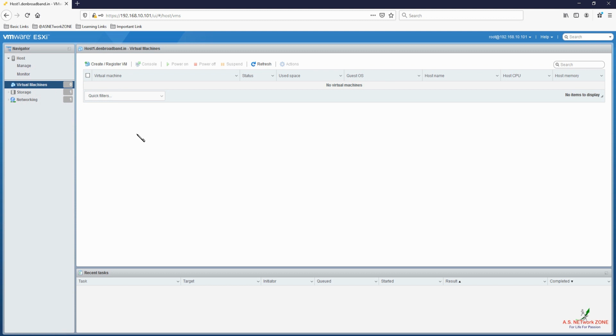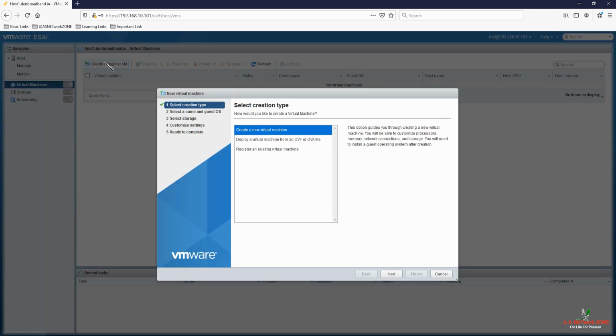So right now I am going to create a new virtual machine so that in future I can deploy the Microsoft Windows Server 2019 guest operating system over here. For that you will have to click on create or register VM, and here you will get this wizard by which you can create your new virtual machine. So here I am going to select the first option, create a new virtual machine. Click on next,